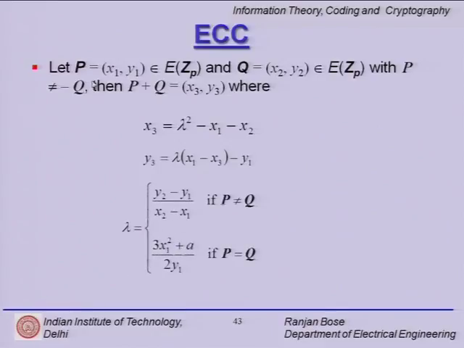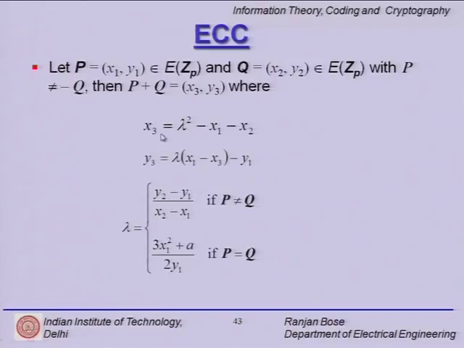So, if P is (x1, y1), this is kind of a toy example which will bring home the point regarding elliptic curve cryptography. Let P be (x1, y1) and Q another point (x2, y2). Then clearly, with P not equal to Q, we have P plus Q as a third point. So, if you add 2 points on the curve, you get a third point also on the curve. And how do you get this